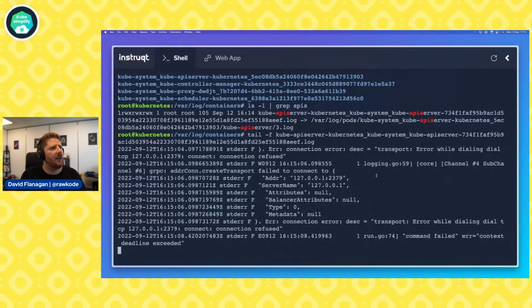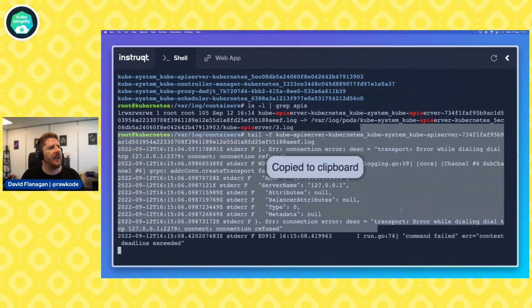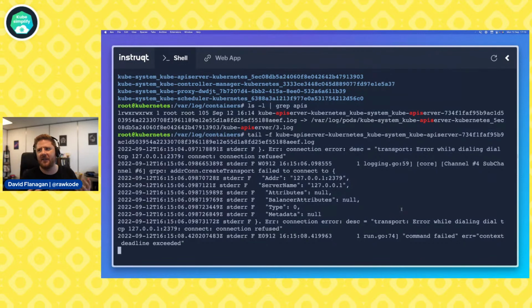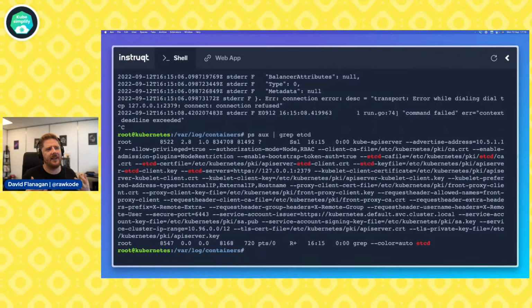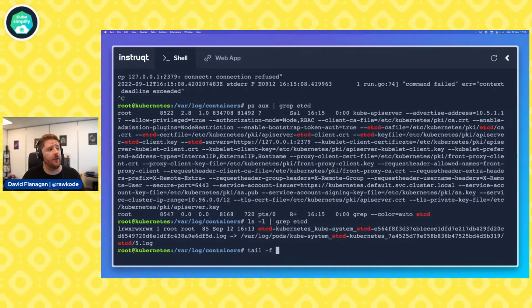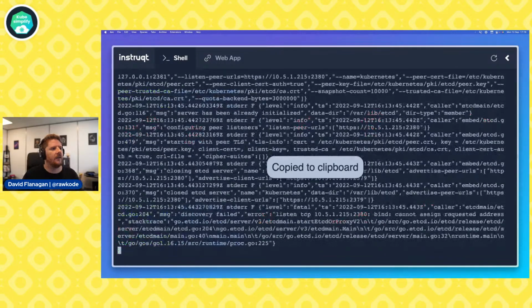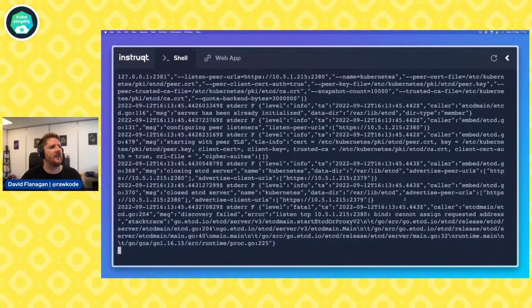And we can see here, we have no connection to etcd. This is our first etcd bug. So let's run grep etcd again. Etcd is not running. So we have to try and work out what is going on. The next thing we need to know is, well, do we have any etcd logs? And we do. So we know at some point etcd was running. We can copy that, and we can start to dig into this.